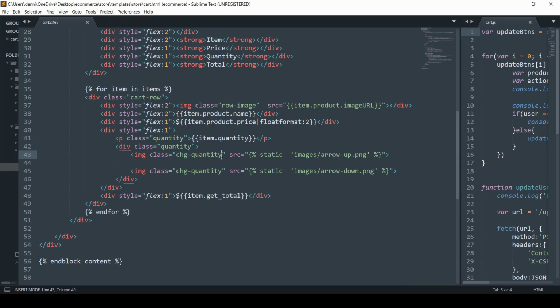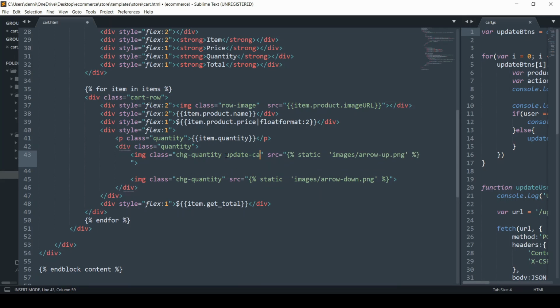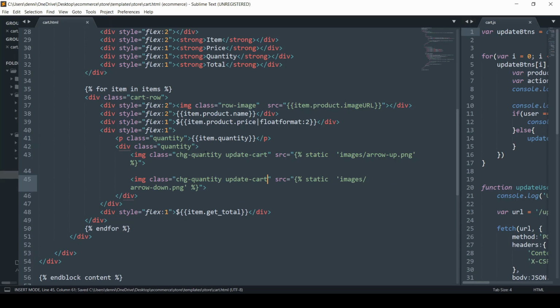Let's add the class of update button or update cart, so update-cart, and we want to do the same for the down arrow. So both of them are going to be the same class. The only difference is going to be the attributes that we pass in for the type. So data-product, and we'll throw in the product ID. And in this case, because we're looping through the item, it needs to be item.productID. So we'll set that, and then we'll set the